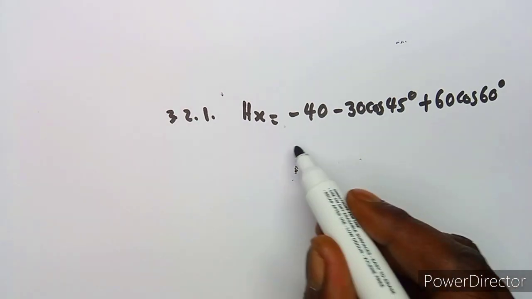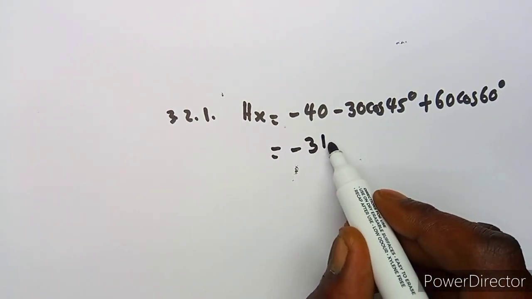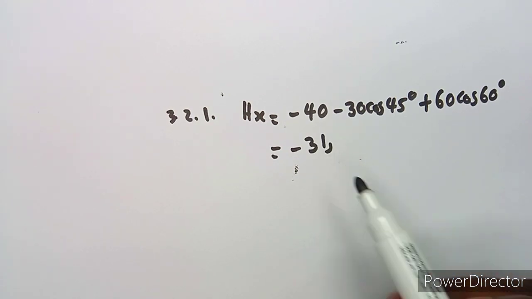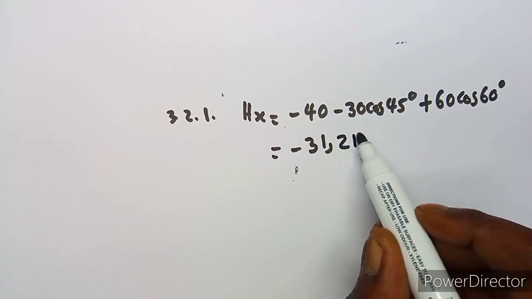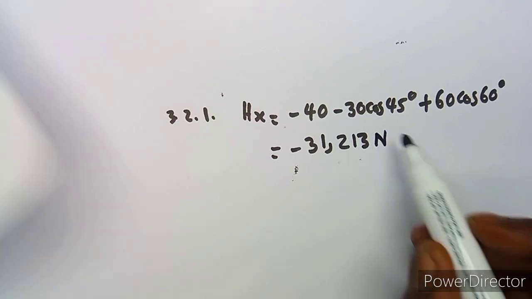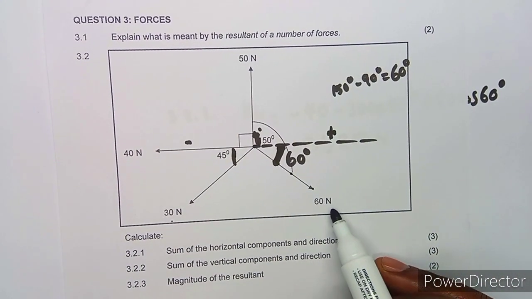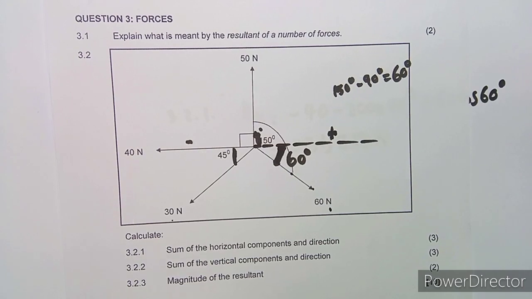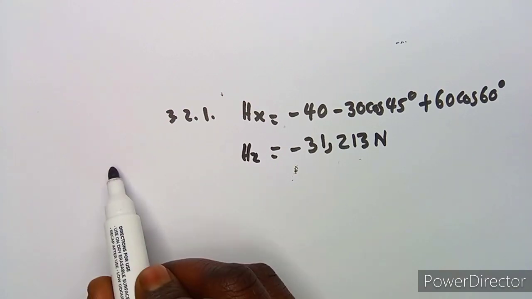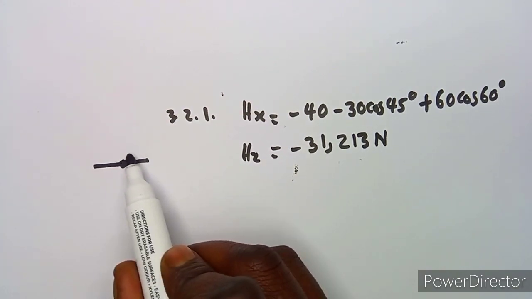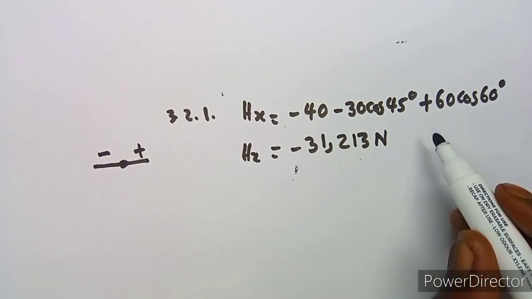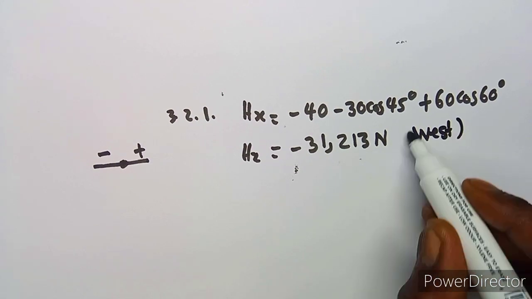So playing around with your calculator, you're going to obtain negative 31.215, so it's going to be 31.2 N, because that unit cannot change in newtons. These values are in newtons, so it must remain also in newtons, just like any other value. But horizontal, guys, remember, it can be either going to the east, which is a positive, and negative to the west, and this is a negative, which means you are going to the west. All right,